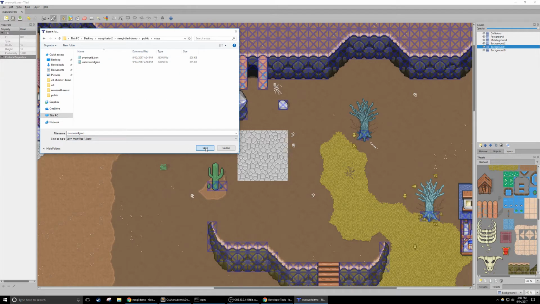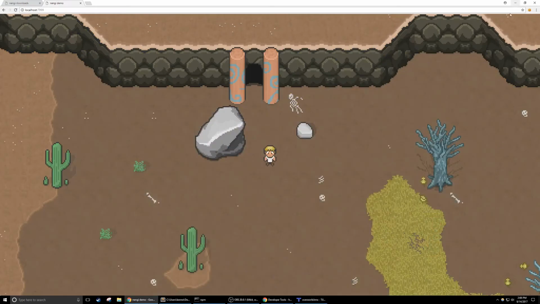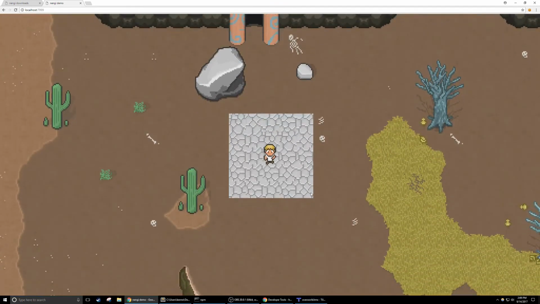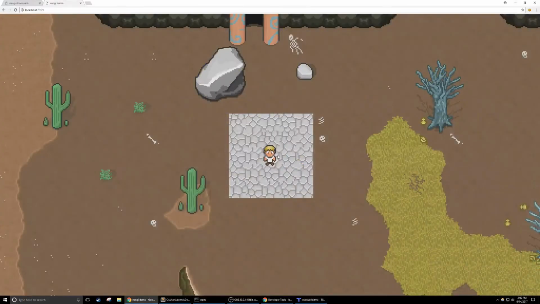So there you go, overworld. Yes, we will overwrite it. So now, if I refresh this game, will we see it? I hope so. Oh, there we go. So, as you can see, pretty awesome workflow, right? Went from drawing in here, exporting it, and then refreshing the browser, and there we were,